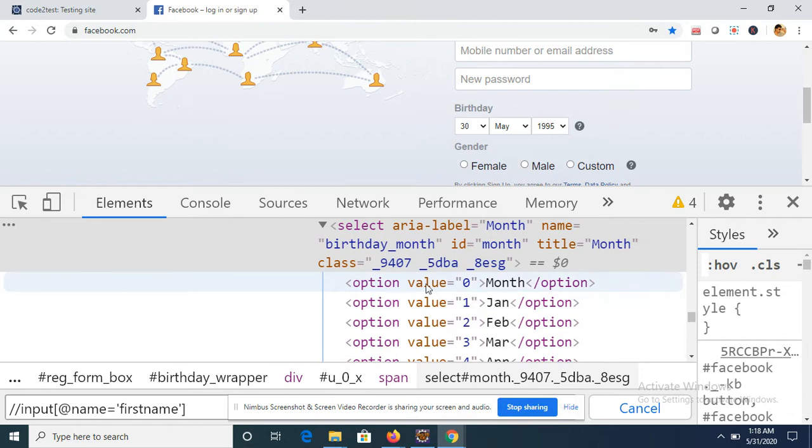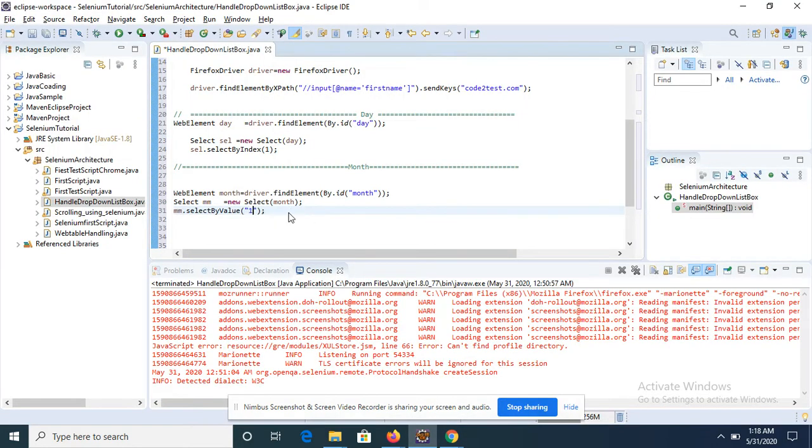You see option value equals 0 month. So these are the values. For selecting a month, the value is 0. For selecting January, we have value 1. For selecting Feb, this is 2. So it keeps on increasing the number accordingly. So I want January, so for January I'll be using 1 as a value.